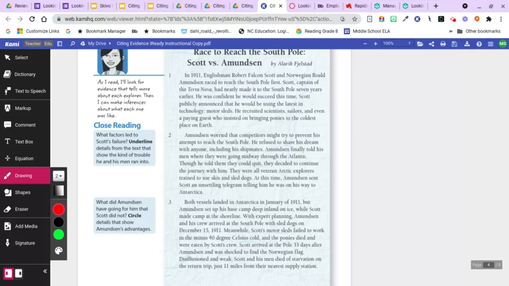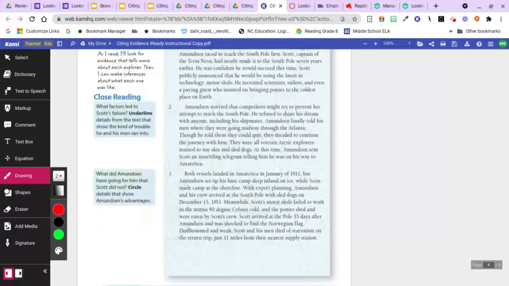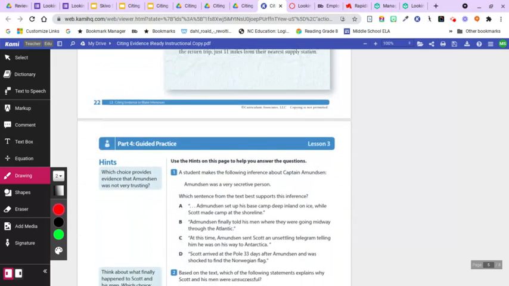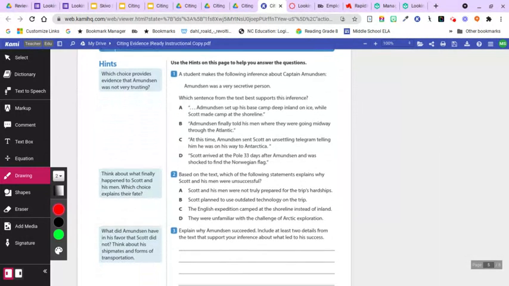You need to remember that any of these texts that I give you, you can manipulate them in Cami. You can underline, circle, highlight, do what you need to. I see some of you do that. I see most of you don't. And those of you who don't, you get your answers wrong more than you get them right. Okay?